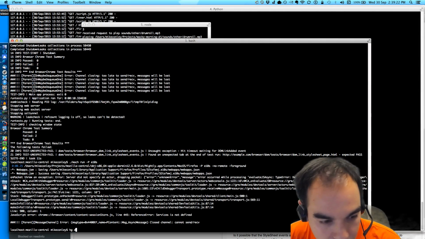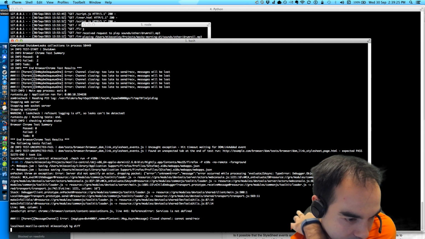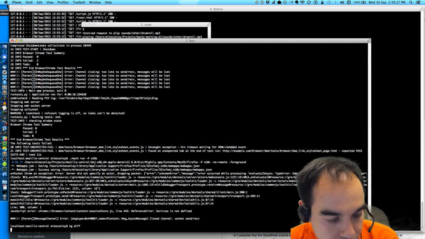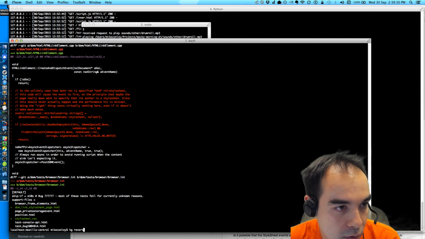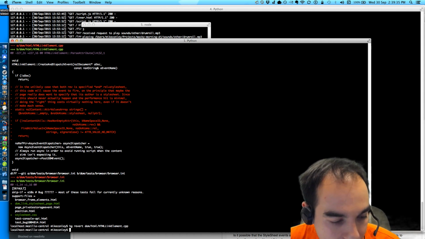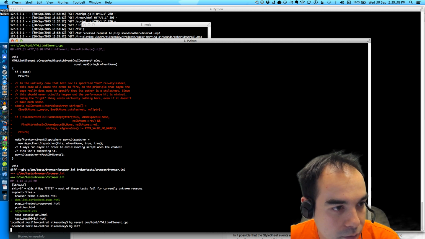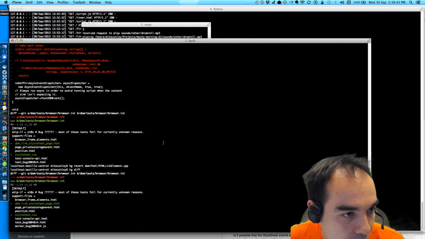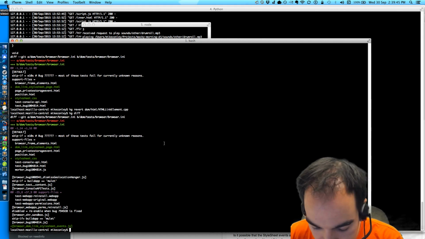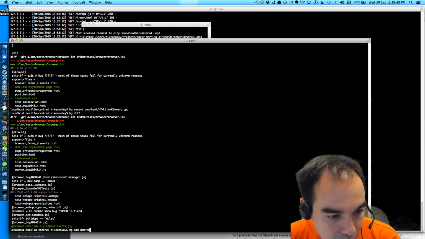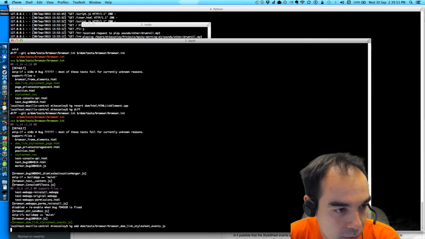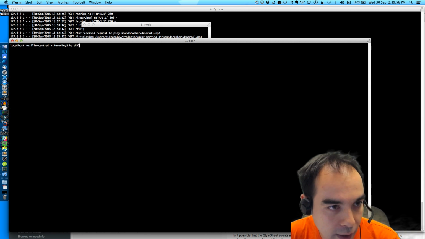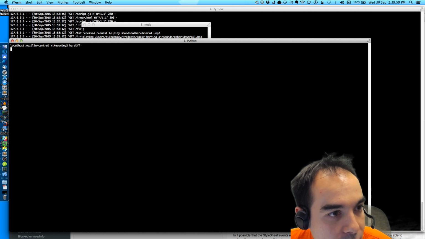So let's post the test case. Revert this, revert that. And then what do we have here? Oh, I should add the test file itself, DOM test browser DOM.